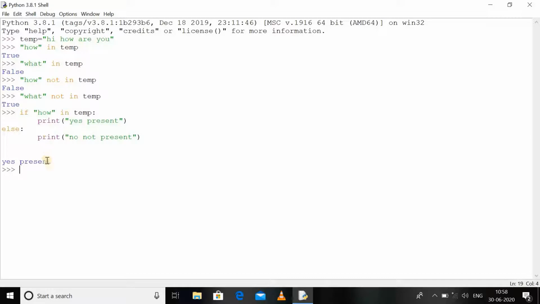Now let's just check it. As you can see, "how" is present in temp, so once this condition is true, it will automatically execute the statements following the true condition, and else will be ignored.